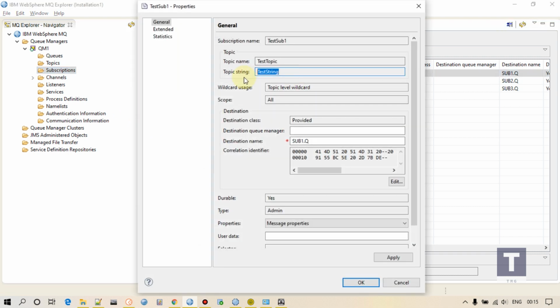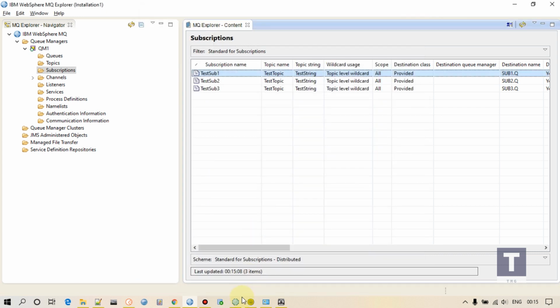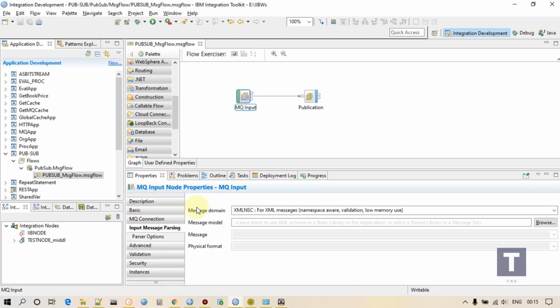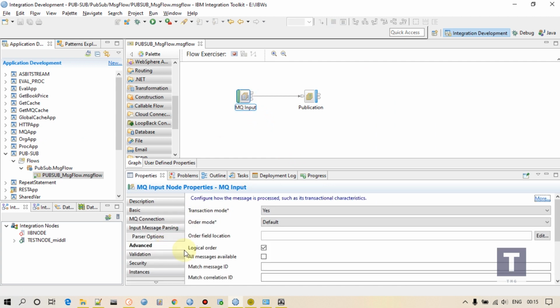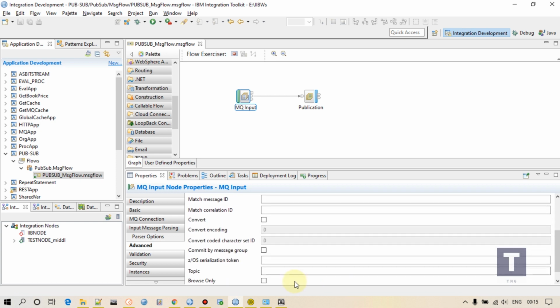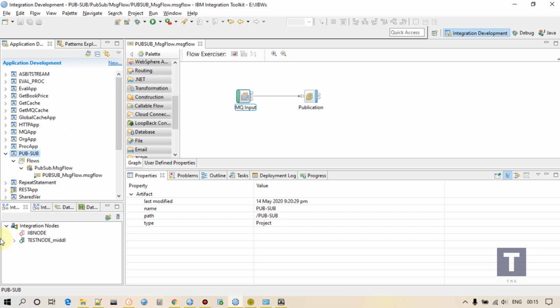Copy this topic string, go to MQ input and go to advanced. There is an option called topic. Put it here, save it, and deploy it.